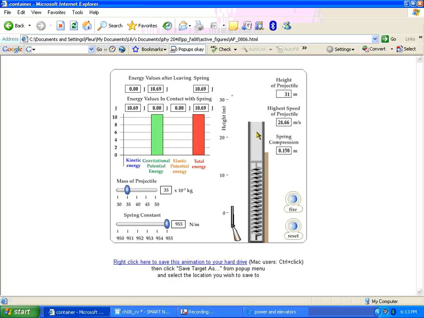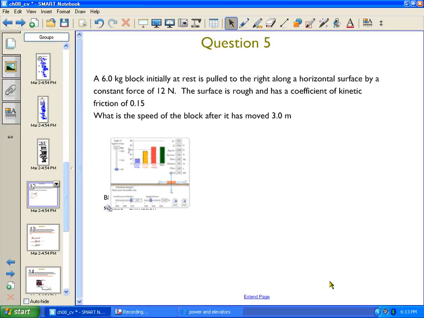Here, our spring compression. Let me see this again. If we have 0.12, for some reason we're not getting the height of the projectile. Anyhow, the next problem, question 5, says a